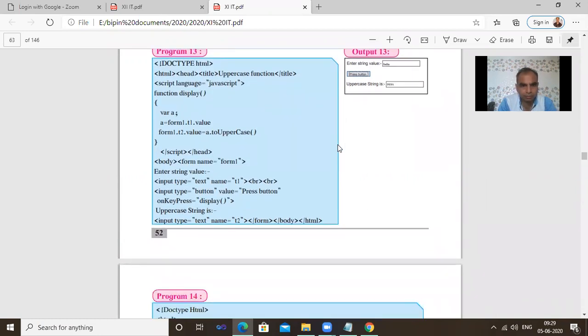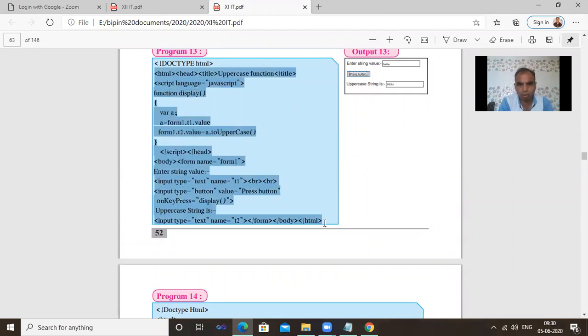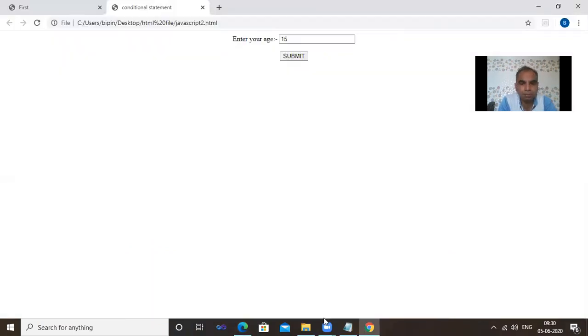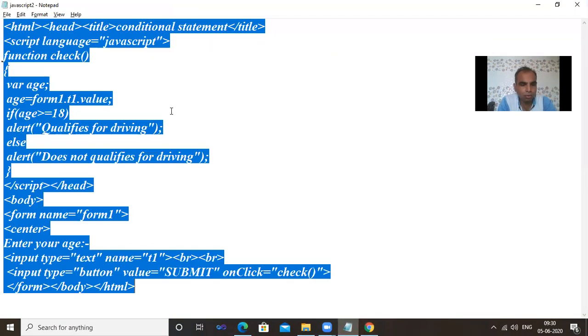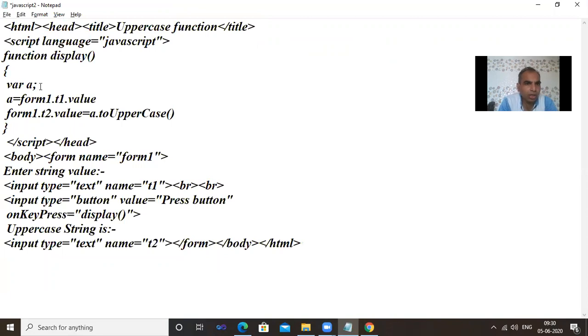Next, now they are using the keyboard event. So I show you an example of a keyboard event also. Yes, we can see the uppercase function. Here we are using in the heading section script language JavaScript, J capital, S capital. Function display.